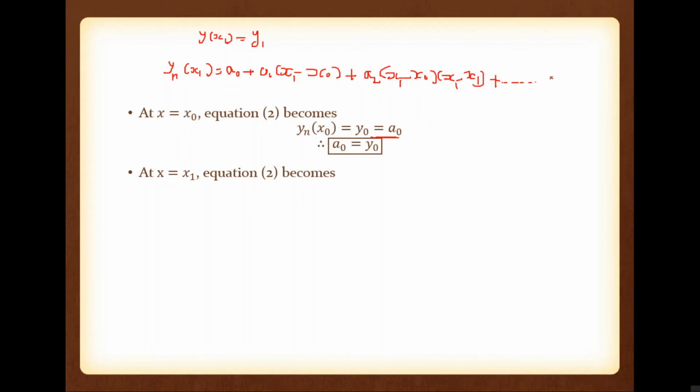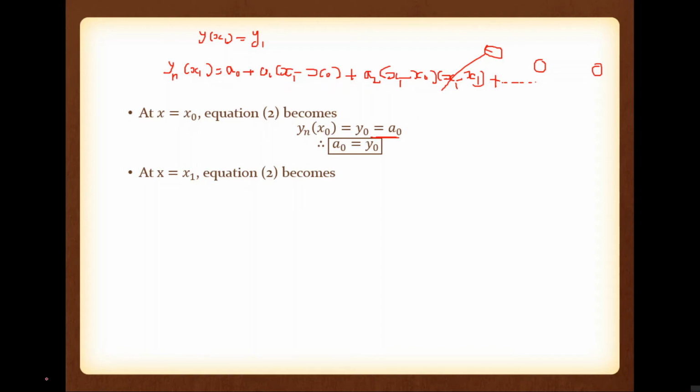The remaining elements also have an x1 minus x1 term. If you write a3 into x1 minus x0 into x1 minus x1 into x1 minus x0, you can see an x1 minus x1 term. So from a2 onwards we have a term x1 minus x1, so we can cancel the terms from a2 to the right side. The remaining terms are 0. So we have yn of x1 equal to a0 plus a1 into x1 minus x0.